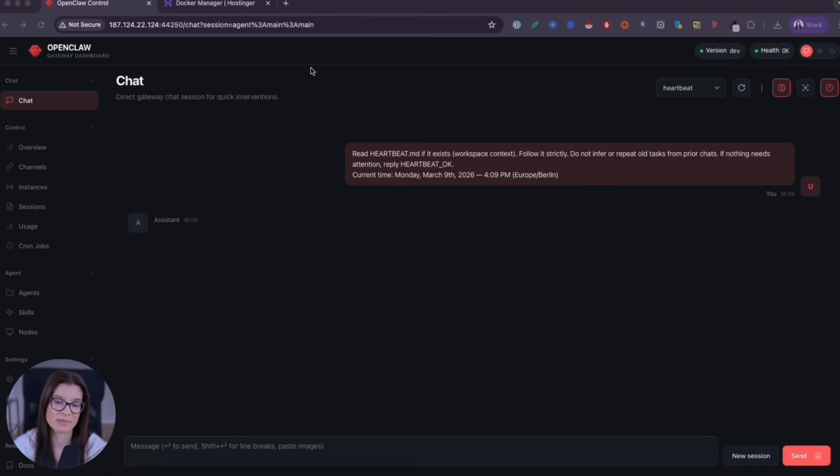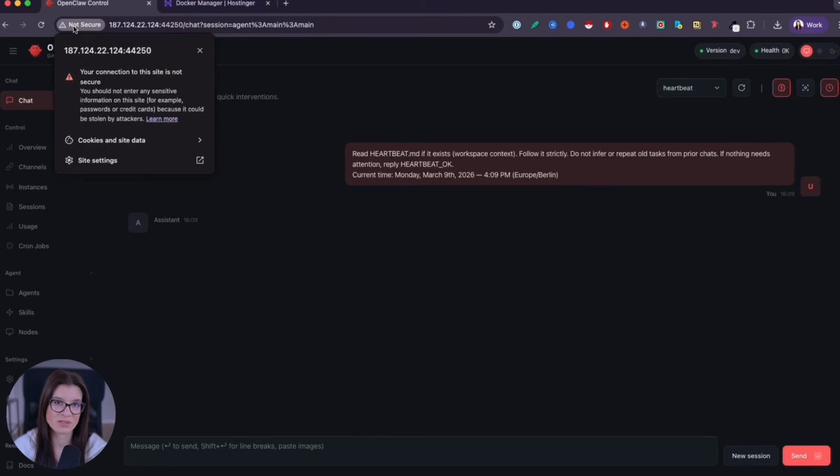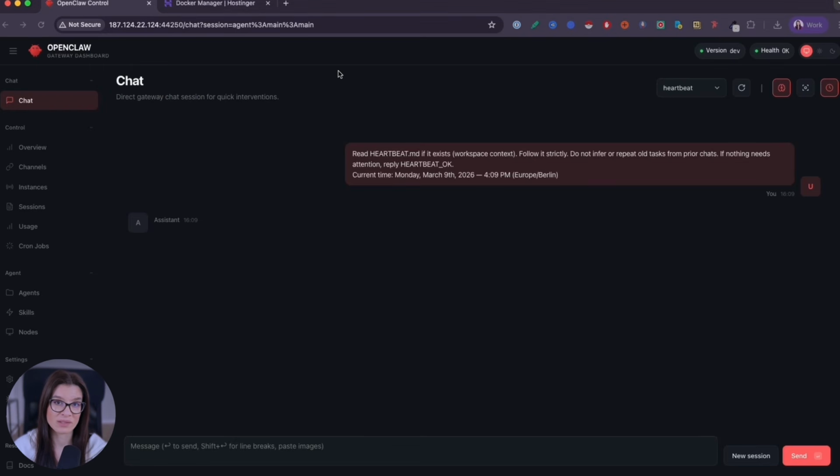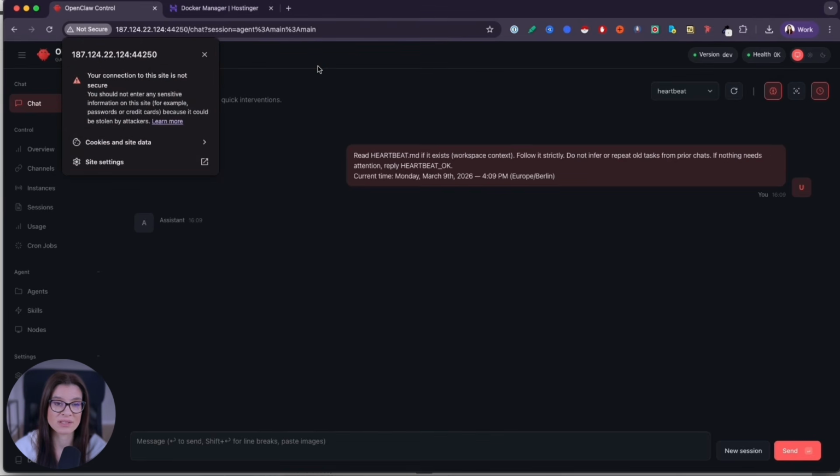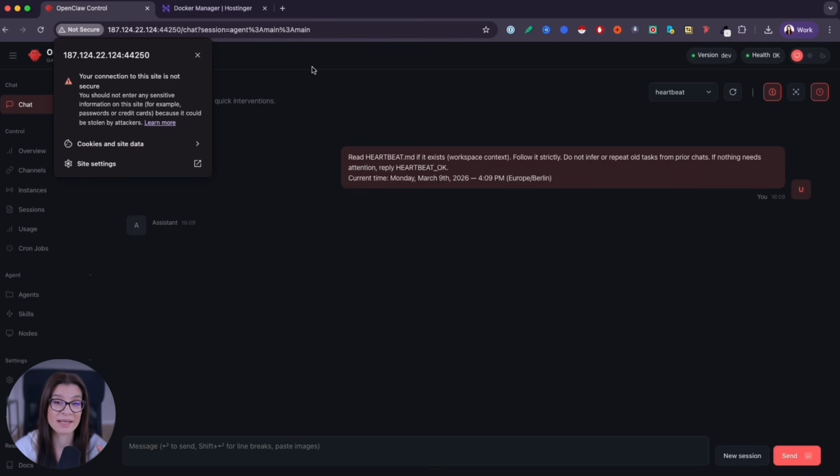because it's actually not secure. All right, now that we are inside the OpenClaw dashboard in the browser, you will see here that the connection says not secure. One important thing to understand, and another security risk, is that when you access the dashboard in the browser, it currently runs over HTTP and not HTTPS. That means your token is technically sent in plain text. Do not log into your dashboard on public Wi-Fi. If you want extra protection,